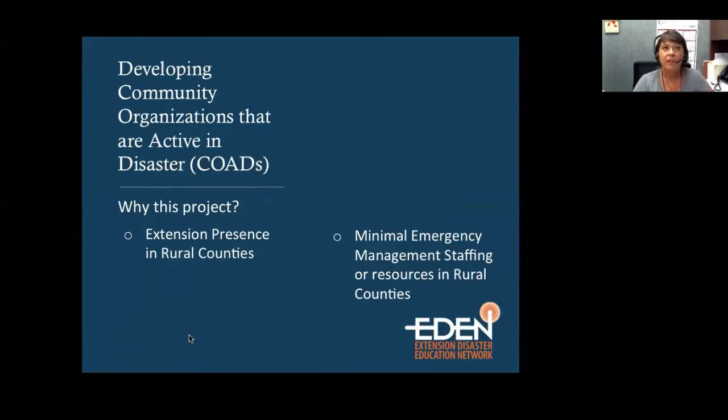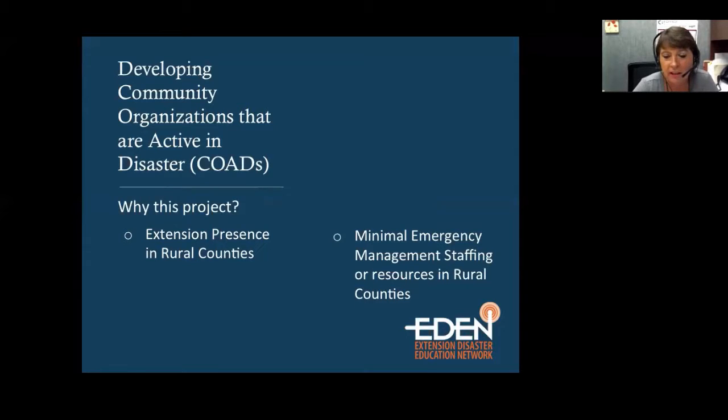Third, in many of our counties and in many states, we are one of the few large organizations that still maintain a presence. Here in Illinois, for example, we only have 27 units, but almost every county has an office staffed at least part-time. So we continue to have a presence in rural counties where many times, for a variety of reasons, a lot of other disaster agencies or people that we think about as having a role to play in disaster response and recovery can no longer afford to maintain that presence. So we are a constant in most of our rural counties. And then fourth,